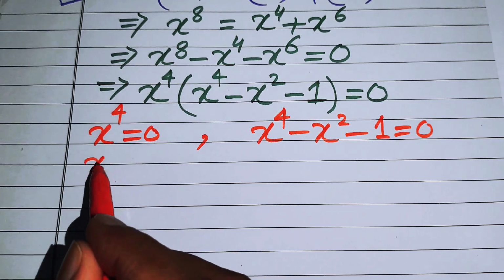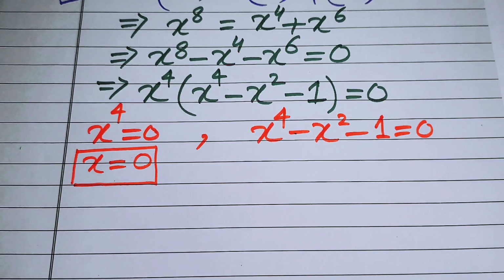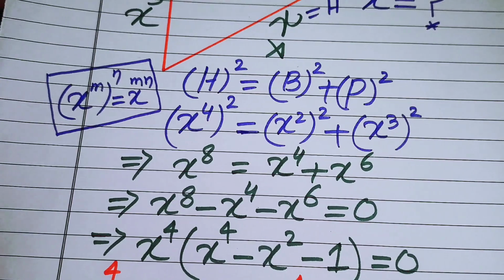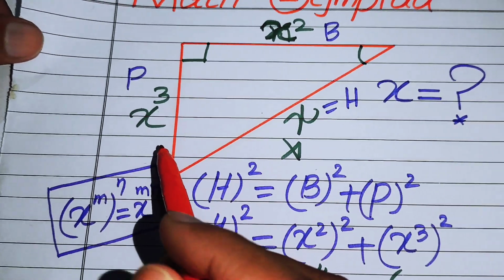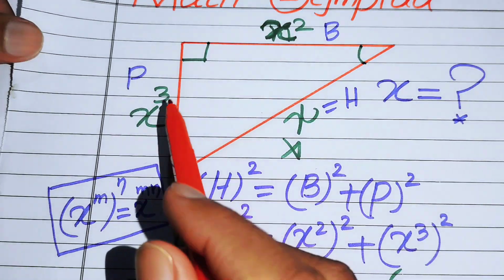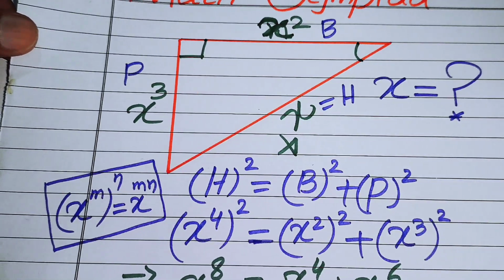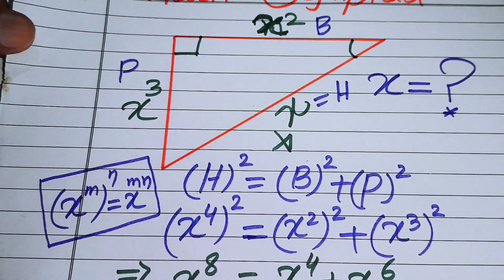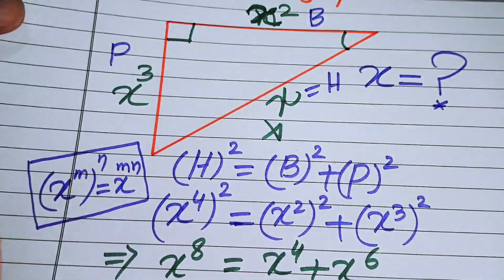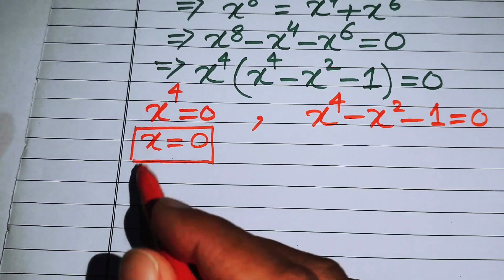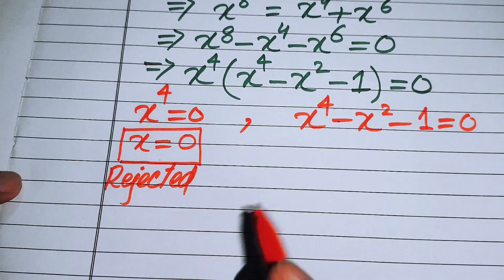In this case you will easily get the value of x equals 0. Here you remember one thing: x is the side length of the triangle, and if x equals 0, it means that x cubed equals 0, x squared equals 0, and x to the power of 4 equals 0, and as we very well know, the side length of a triangle cannot be 0. So this case is not possible, and we will just reject this case,